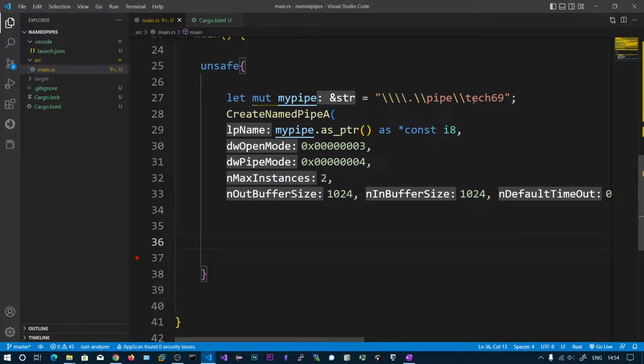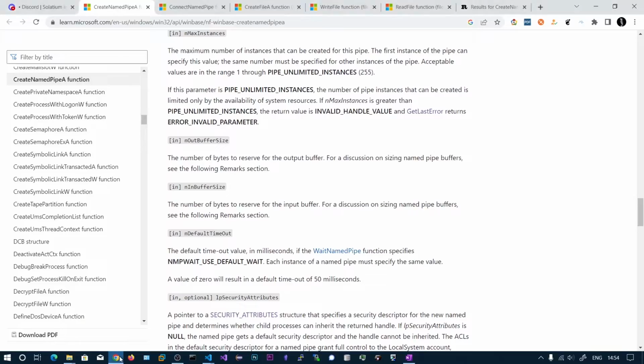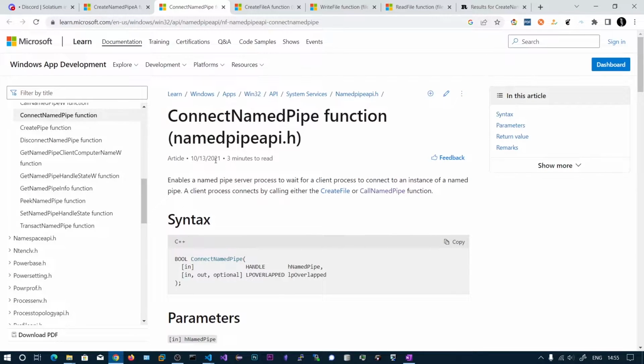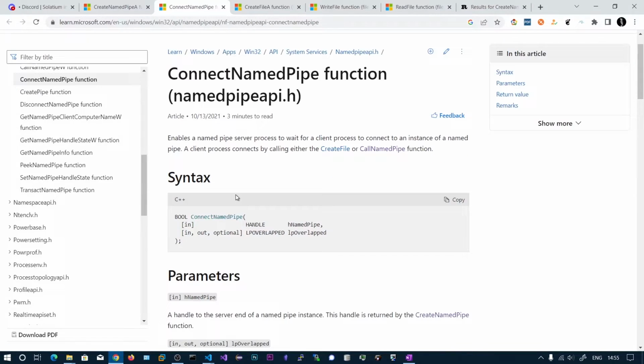Now we need to connect to this pipe using the connect named pipe function. It enables a named pipe server process to wait for a client process to connect to an instance of the named pipe. So we'll be waiting forever for the client to connect to our pipe, and then the client can connect using the create file or call named pipe function. So let's copy this